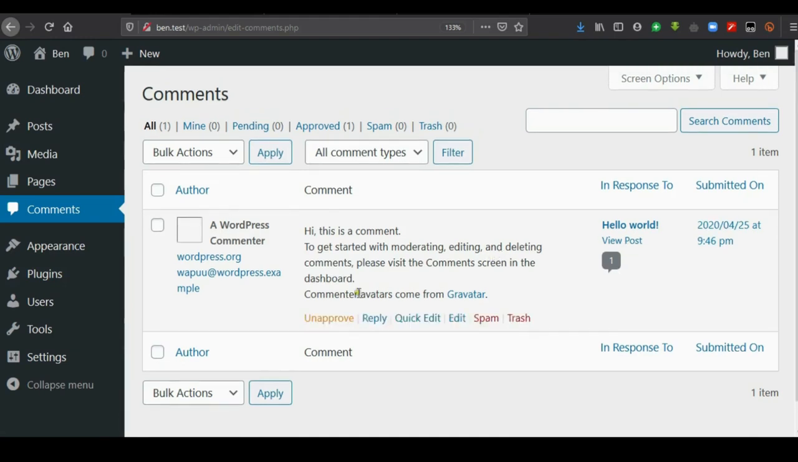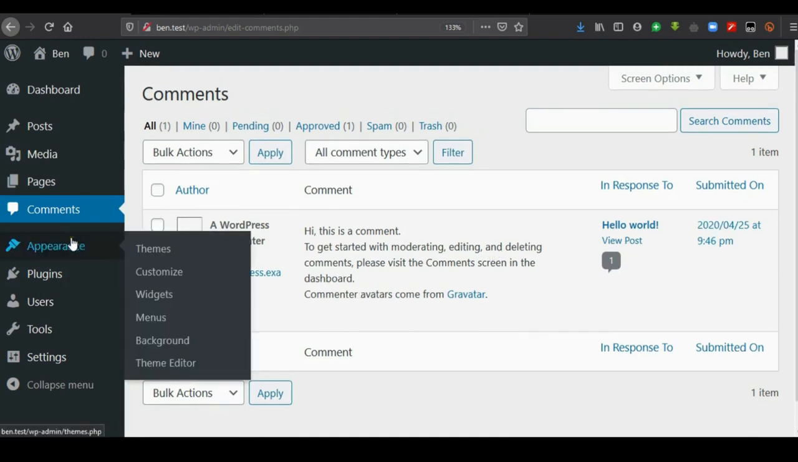Now appearance here has about 6 options. We have themes option, customize, widgets, menu, background, and theme editor. Basically, we are going to use the first 4, the themes, customize, widgets, and menus for our project. So the themes option